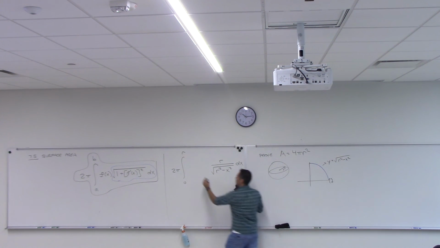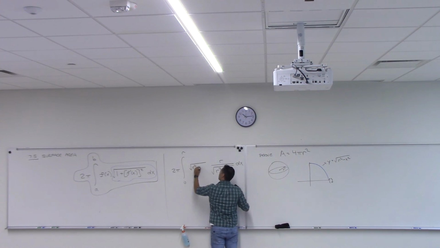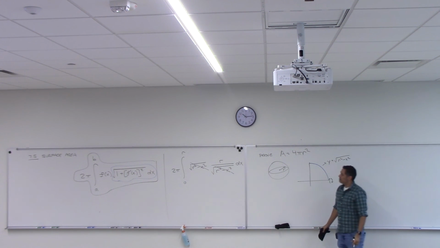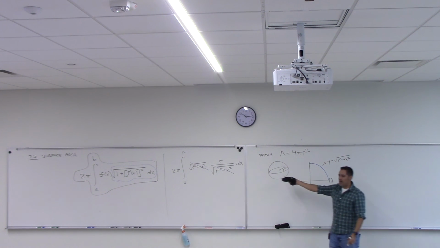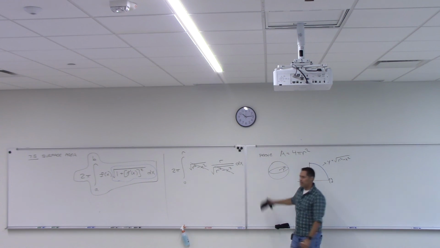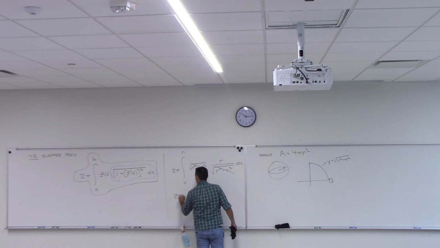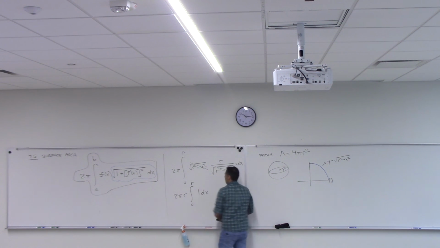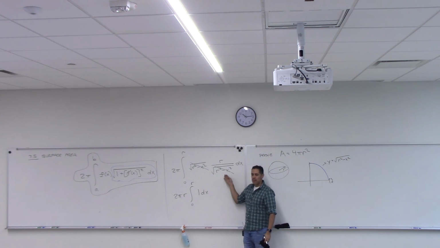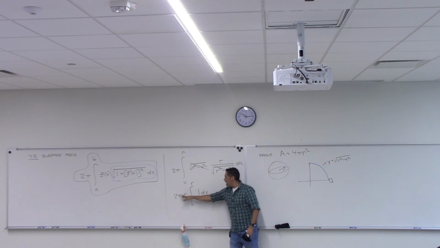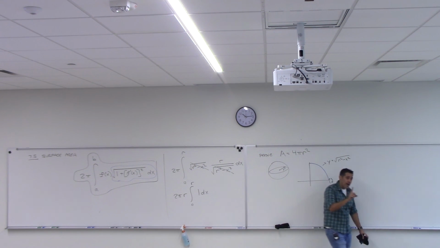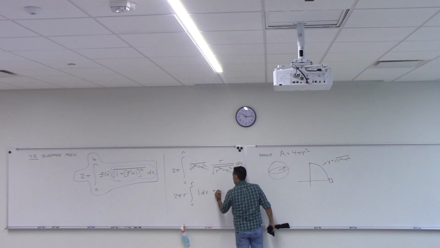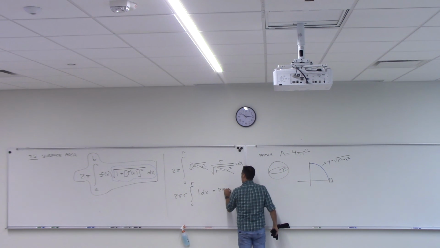Yeah. And do you see what's going to happen? This is f of x. What's going to happen? Holy shit. That is a constant, right? I mean, that's just r inside. So this is 2 pi. I'll even pull the r out. Integral 0 to r of 1 dx. Look, these went away. And all I had was the r here, which I pulled out. And now what's the antiderivative of 1 with respect to x? X. So this is just 2 pi r times x, but evaluate